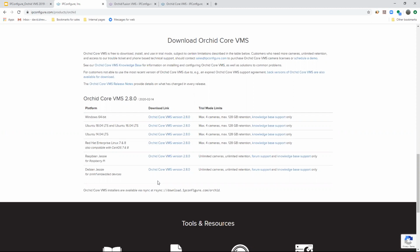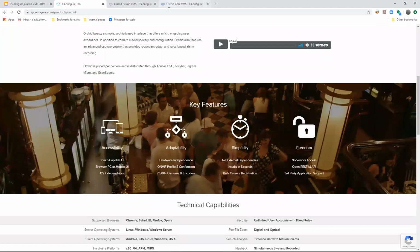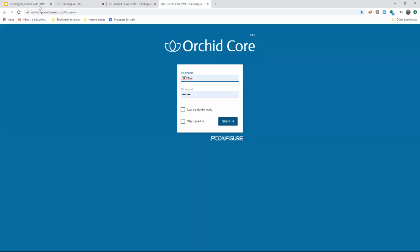Again, being web browser based, to be a client into the system, we just need a web browser. We are not dependent on what operating system you're running. So that gives us a lot of flexibility in how we deploy this on hardware. The software itself is very, very simple to use. If I jump over to a live demo here, again, I'm in a web browser. I navigate to where that Orchid Core server is and log in to the system,